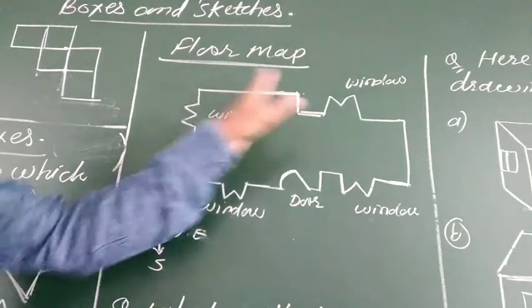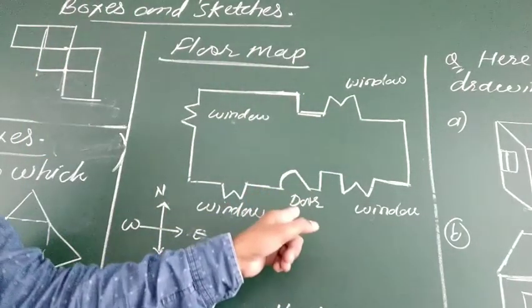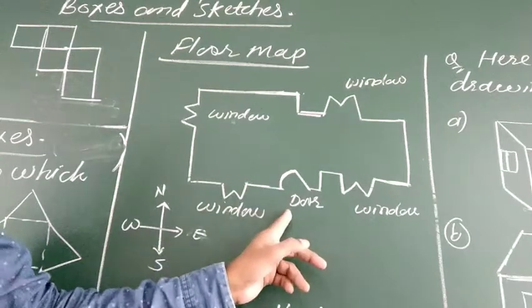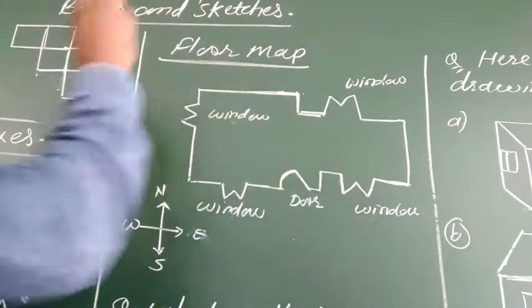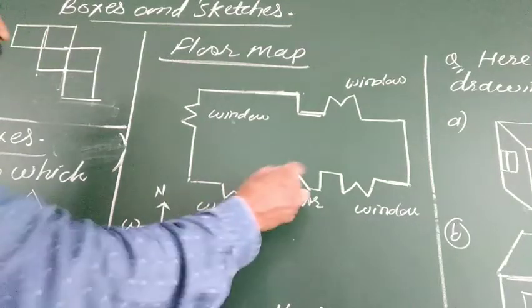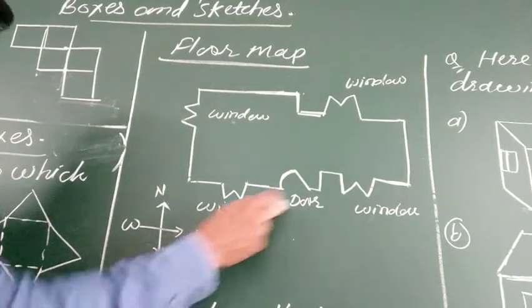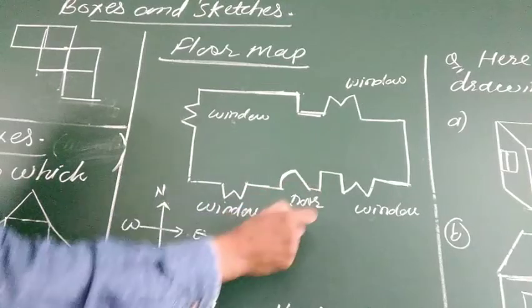Say in this floor map only one door is there. So this is one door. तो obviously it is your front side. ये आपका front side होगा. तो say in which direction is the door there बेटा? It is given to the south side. ये साउथ है, डाउन साइड साउथ.